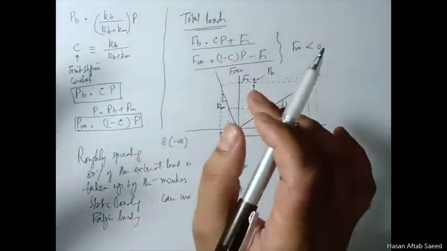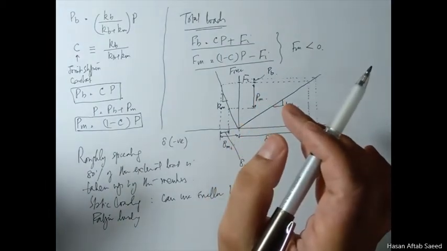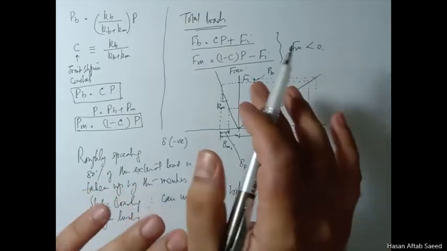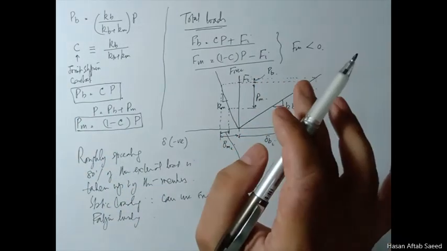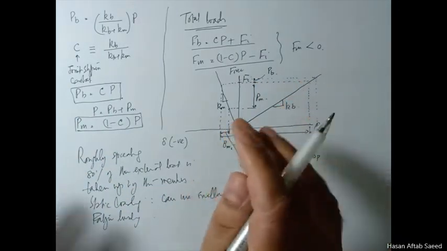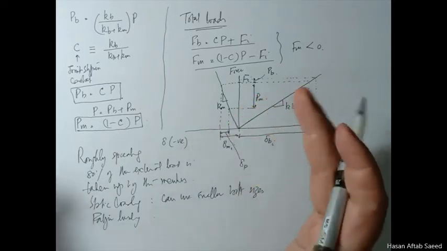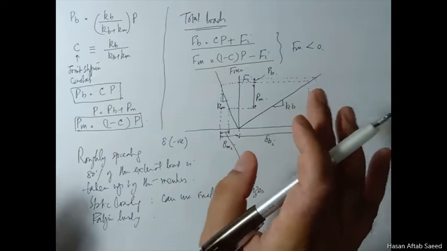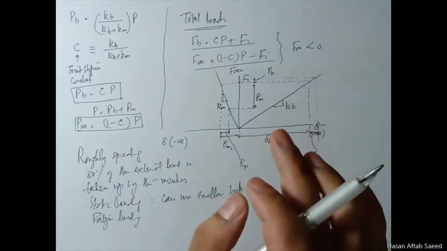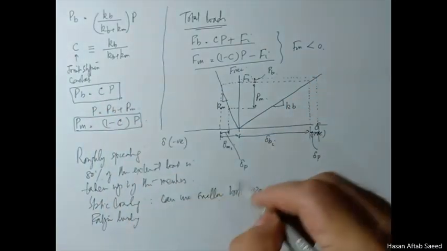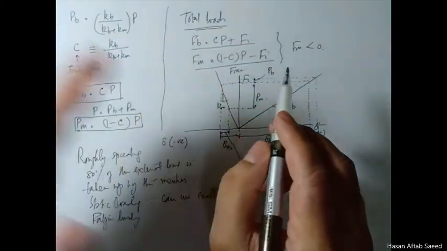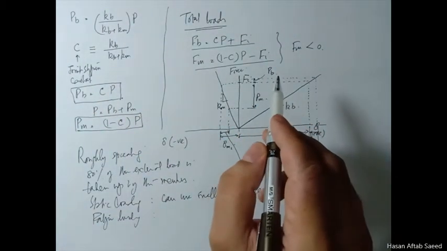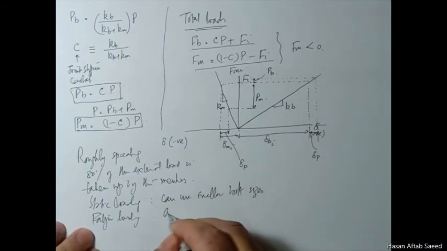But we know that very small portion of this load is taken up by the bolt. The rest goes to the members, and members are in compression anyway. We are not worried about fatigue in members that are compressed. So we are only worried about fatigue in tensile situation. That is the bolt. That is what we are talking about. So the amplitude of P, because most of the P goes to the members anyway, the rest goes to the bolt. So the amplitude of